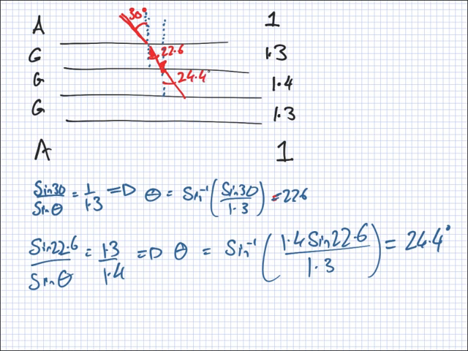If that's 24.4, then if I draw another normal here, this angle here is also 24.4. So now the next one's going to be sine 24.4 over sine theta. That's equal to,